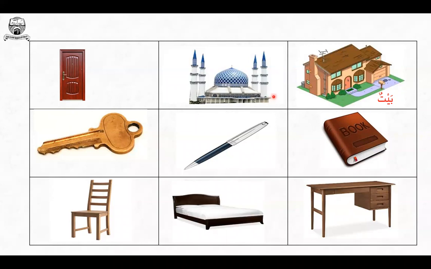Hadha and dhalika are both used for masculine words. Ma hadha, what would the answer be? Hadha masjidun. I can ask the question, ahadha masjidun? Your answer will be, la, hadha baytun. I can ask, ahadha baytun? You say, la, hadha masjidun. Okay, going on to the next vocabulary. Ma hadha, answer will be, hadha babun. This is the door.